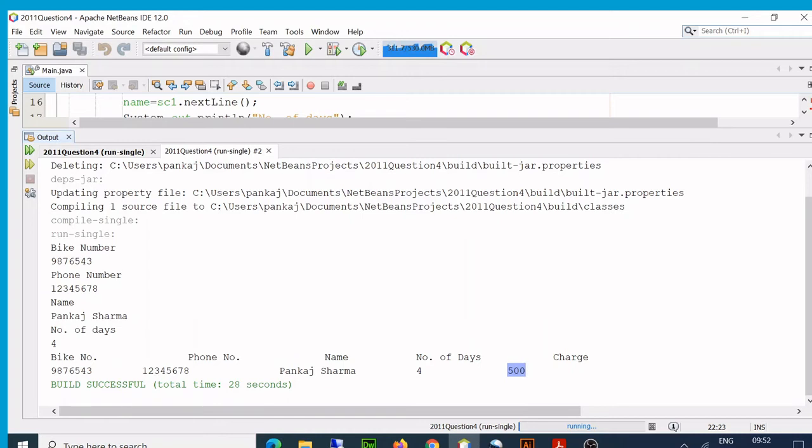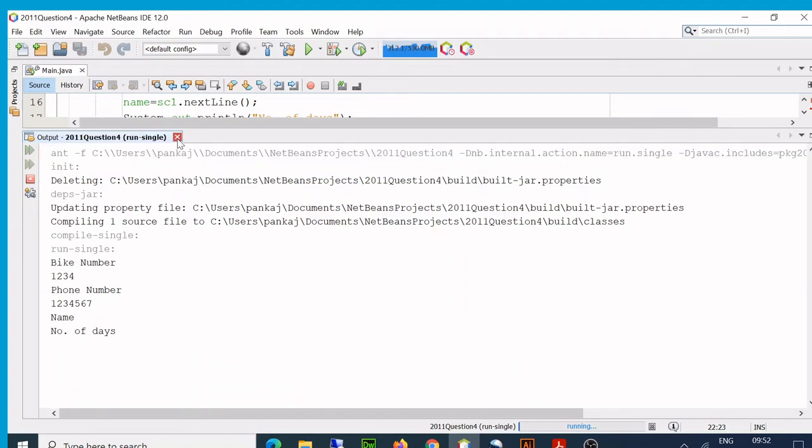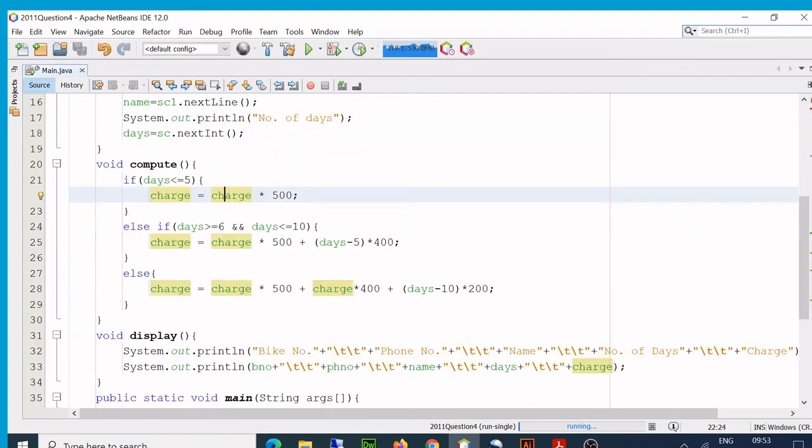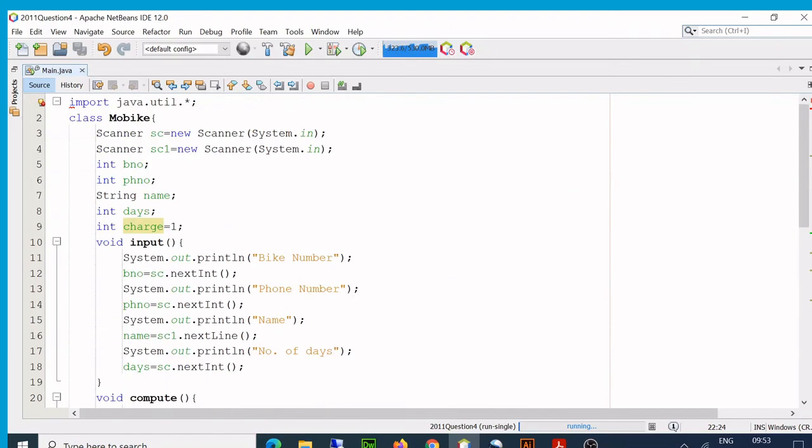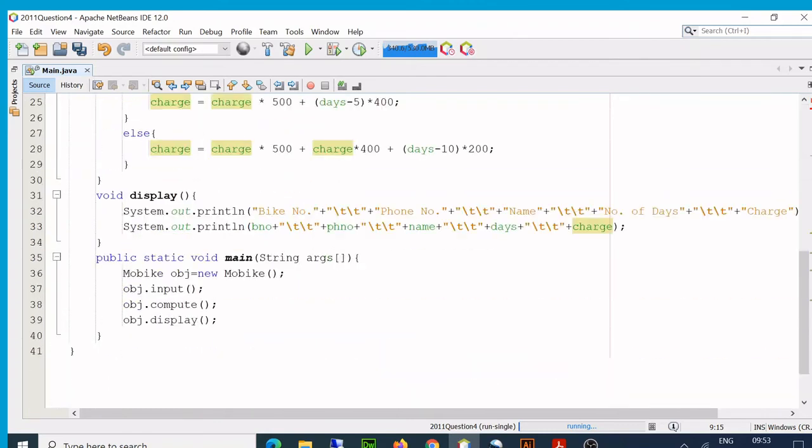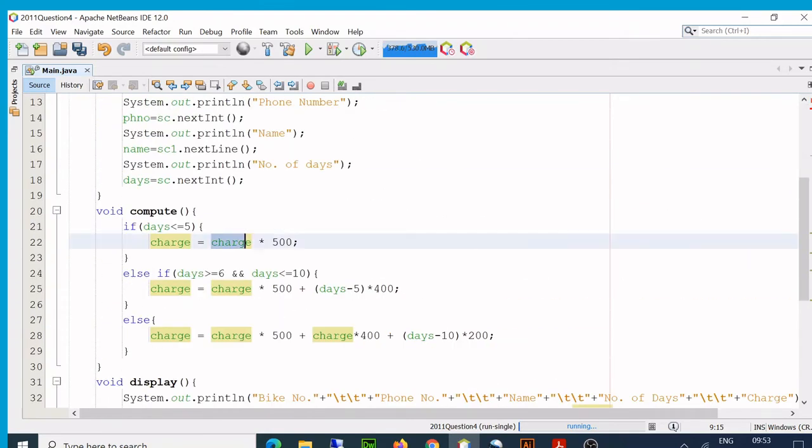This is not right. We are making a mistake again, and the reason is, come here. What am I doing here? I made a mistake, even I can do that, right? So this initialization is actually not needed. We have to multiply it by number of days.